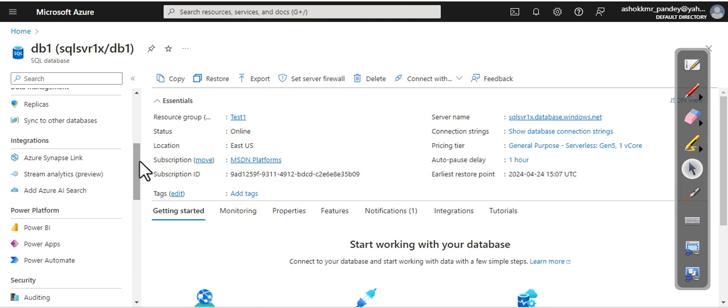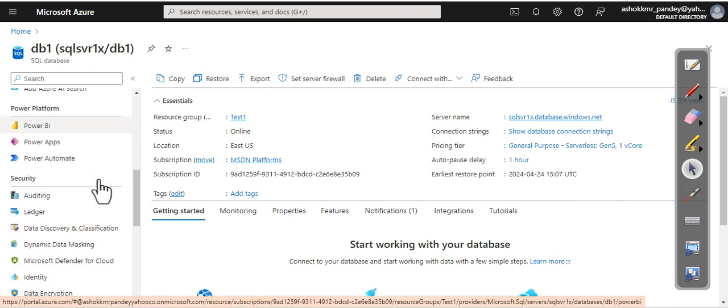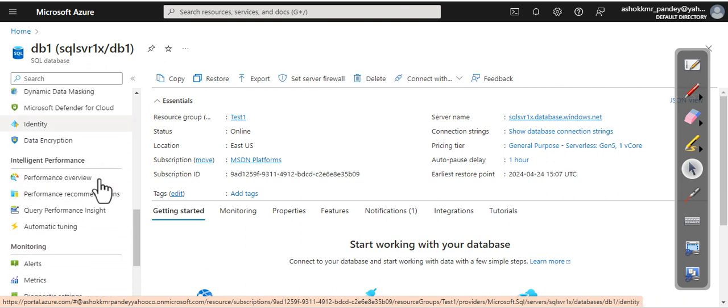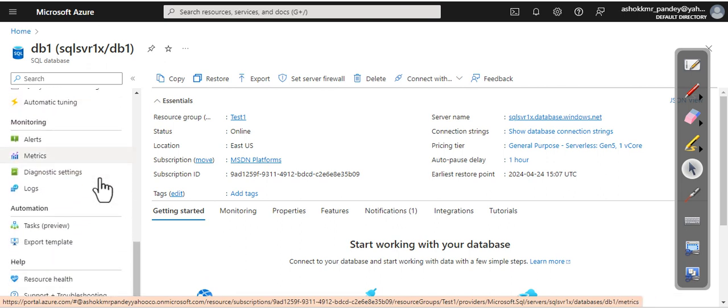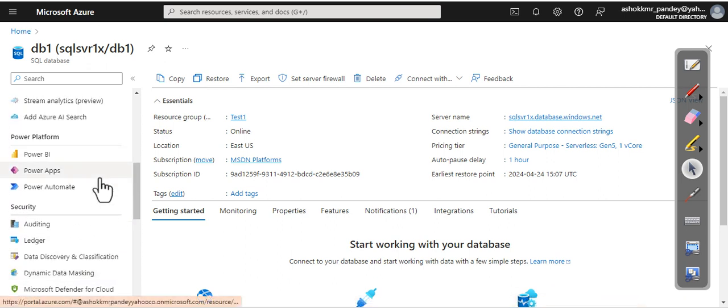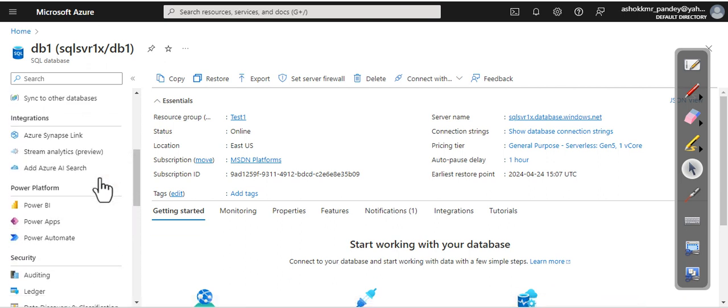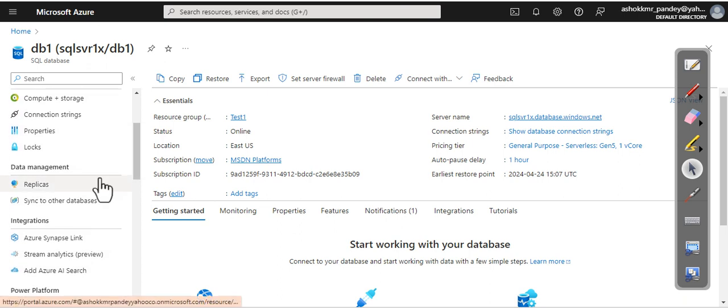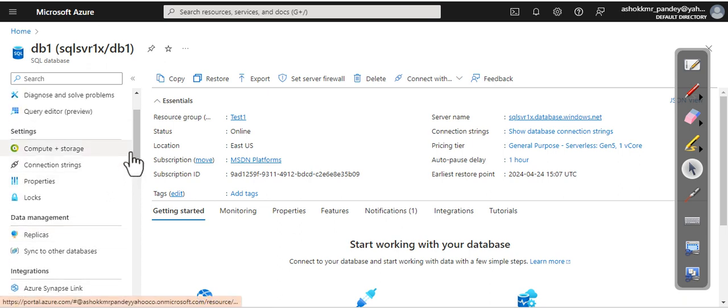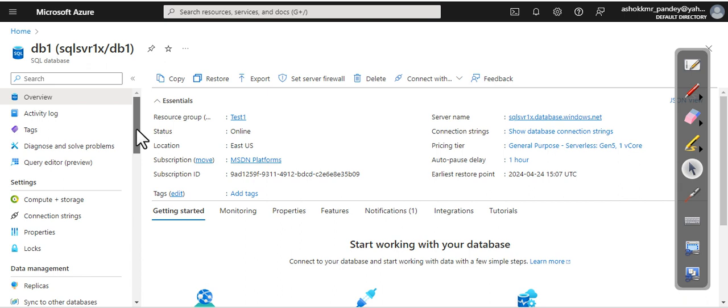Select the appropriate options after you create your deployment. If you go here, click on the query editor,